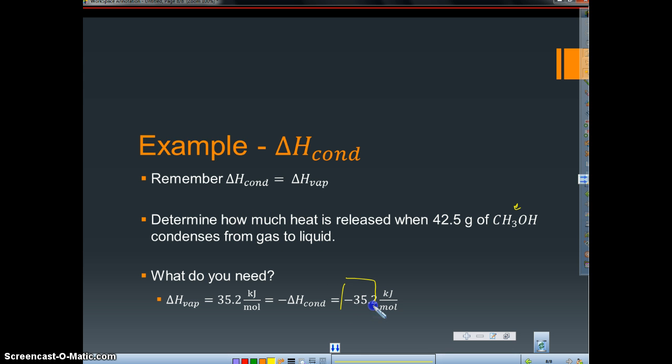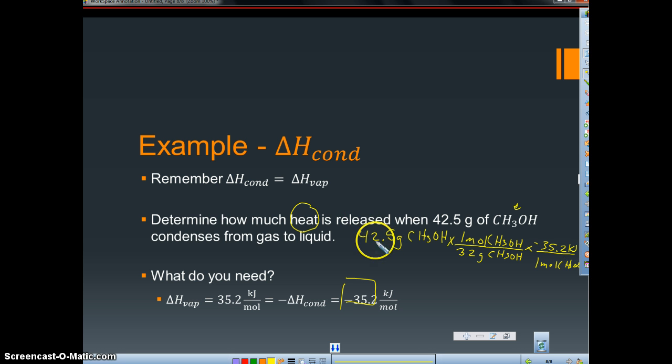So if it condenses, I know I'm doing the reverse, so I have this number. And I'm starting with 42.5 grams. And just like the last problem, we want to get that into moles. So 1 mole of CH3OH, molar mass on the bottom, that will be roughly 32 grams. And then I just need to compensate for the heat that I have. So in this case, I have negative 35.2 kilojoules of heat given off for every mole. So right now I want heat and moles are on the top. So moles will go on the bottom. And this number will go on the top,